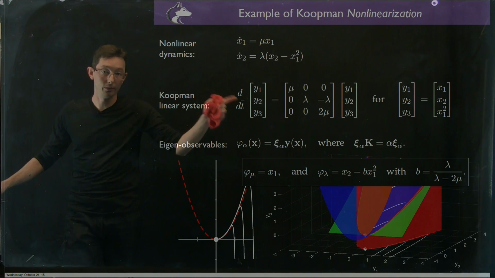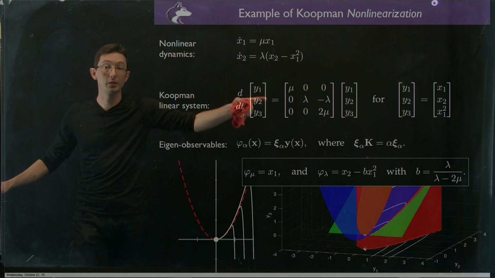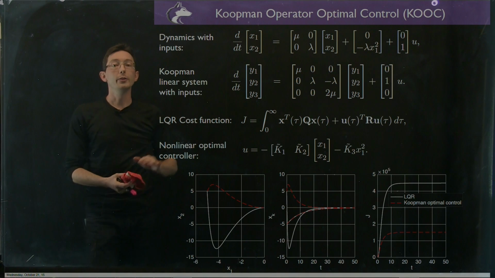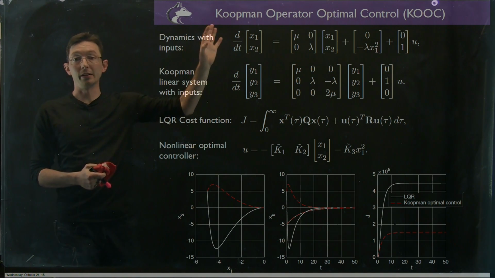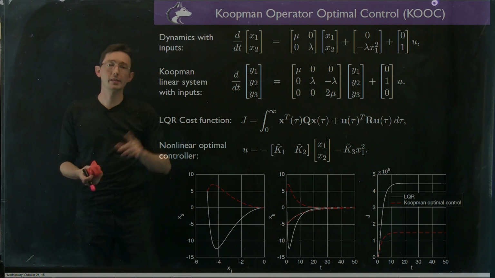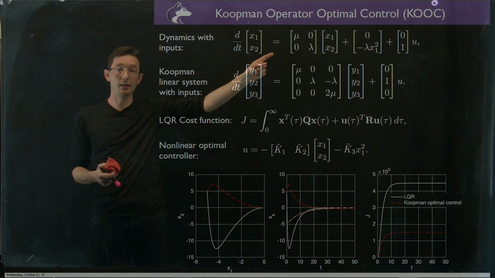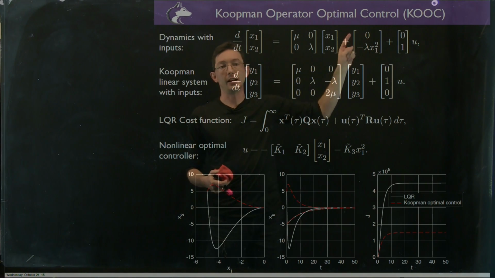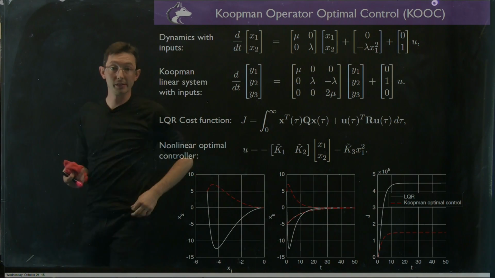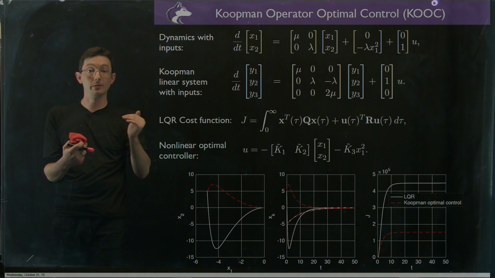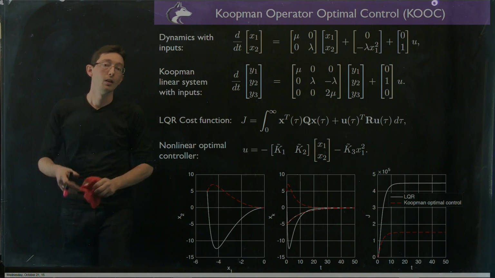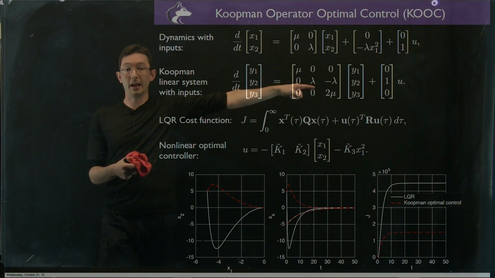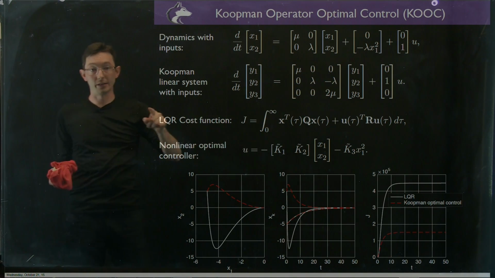And when you can do this, when there exist these closed Koopman invariant subspaces, you can do amazing things like Koopman operator optimal control. Okay, so I'm taking the same exact differential equation. It still has these linear terms, these nonlinear terms, but now I'm adding some control inputs. So I can actually actuate this x2 variable with u. My Koopman linear system with inputs has the same Koopman operator K, and the inputs still only enter this second